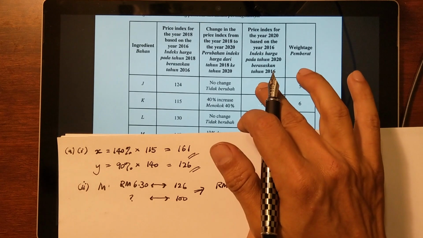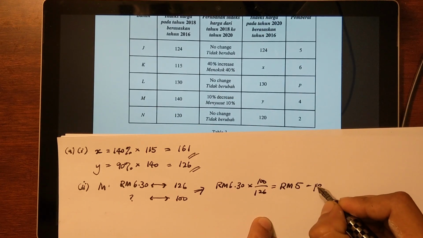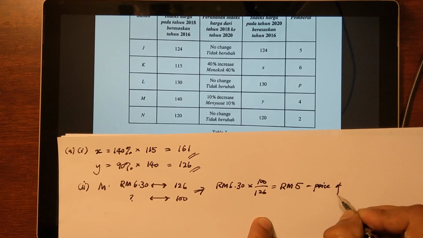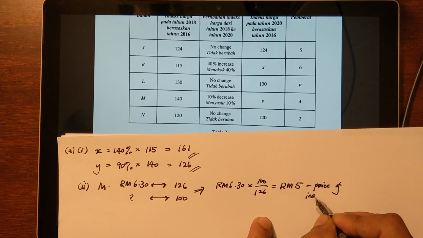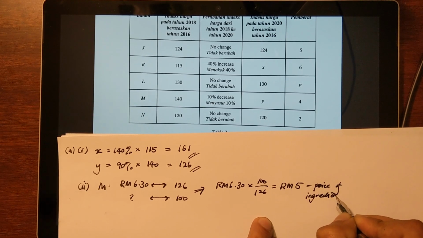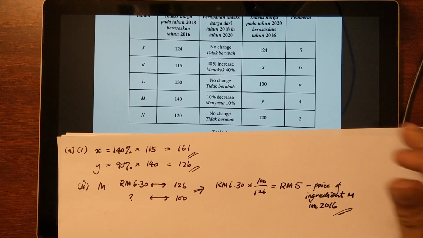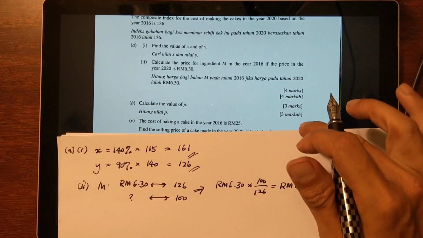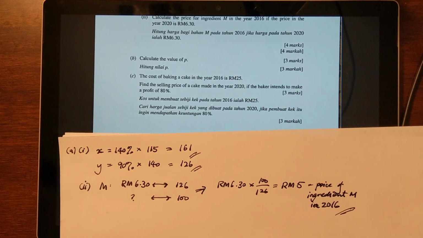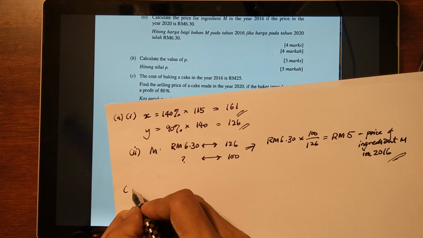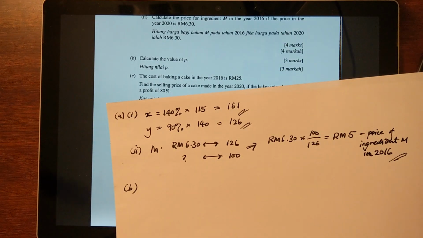which is equal to the price. Do you call it price or cost? Price. Price of ingredient M in 2016. Alright, so that's done. Next, let's calculate the value of P. Okay, so